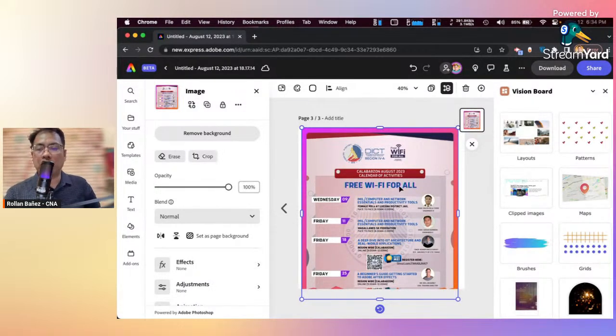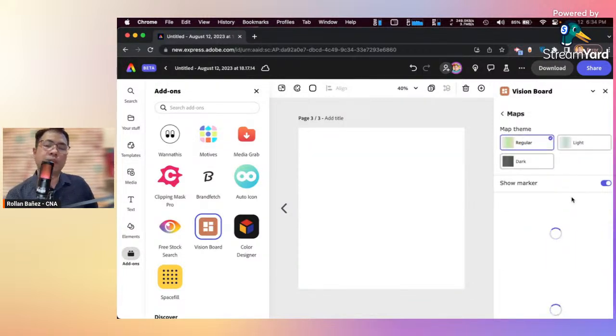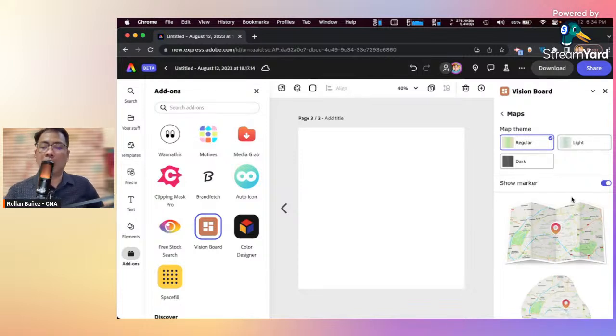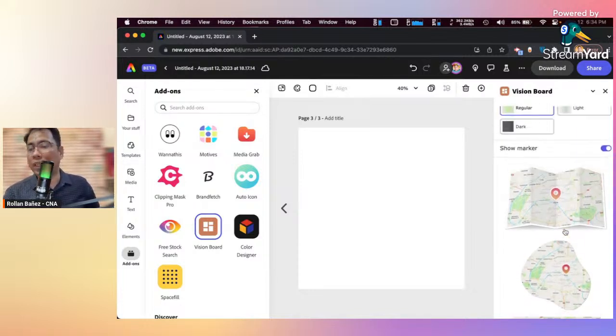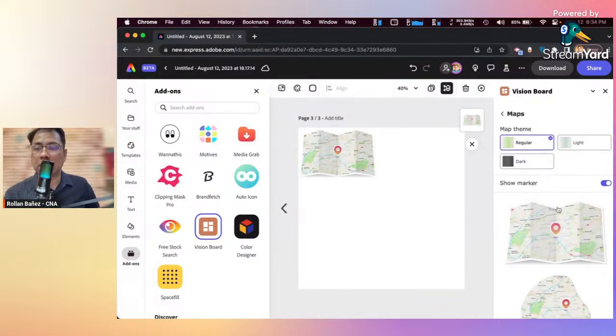Let's do another one, which is maps. If you want to add maps inside of your designs, you can easily do so. You don't need to go to Google Maps. You can use Vision Board together with its feature called Maps. Let's click on that. You can easily add something like this, a very interesting map. And you can just resize this to your heart's content.